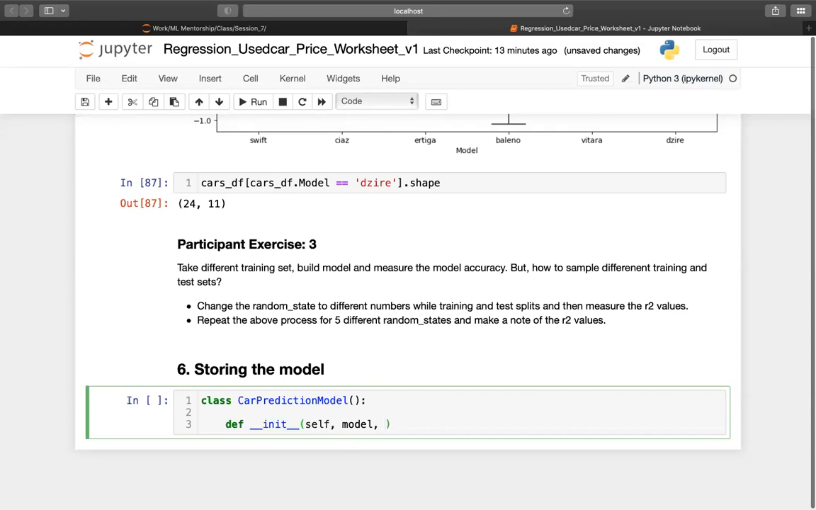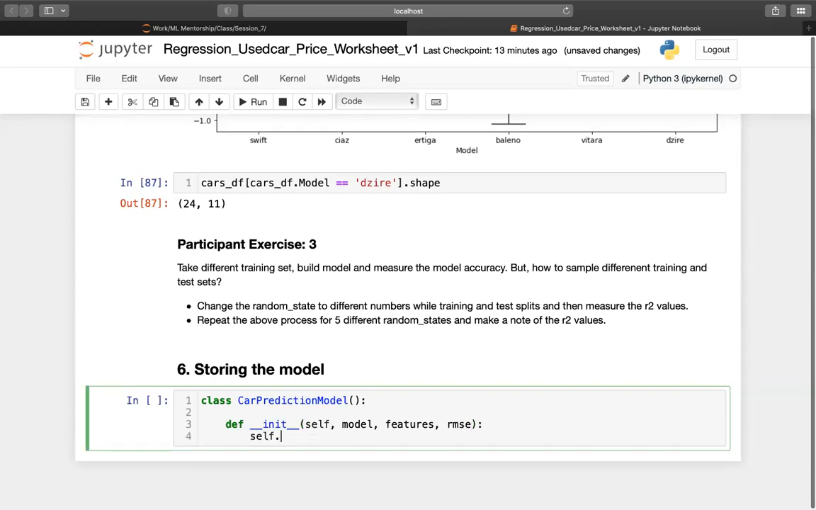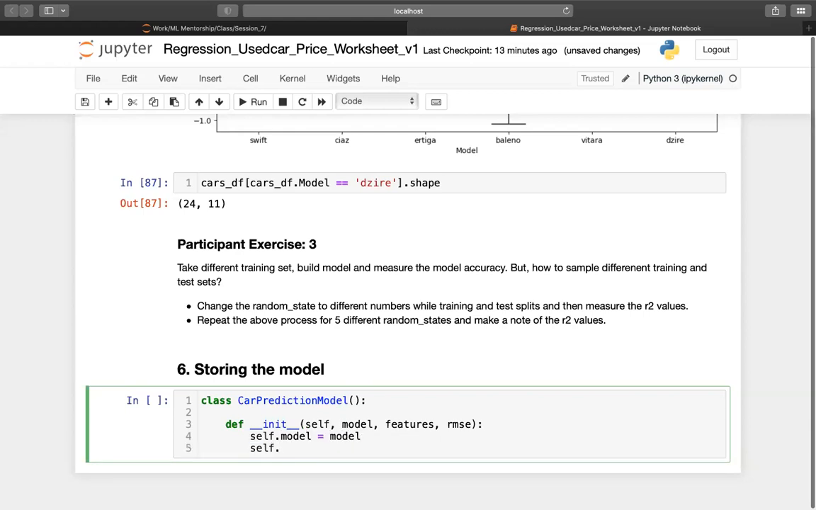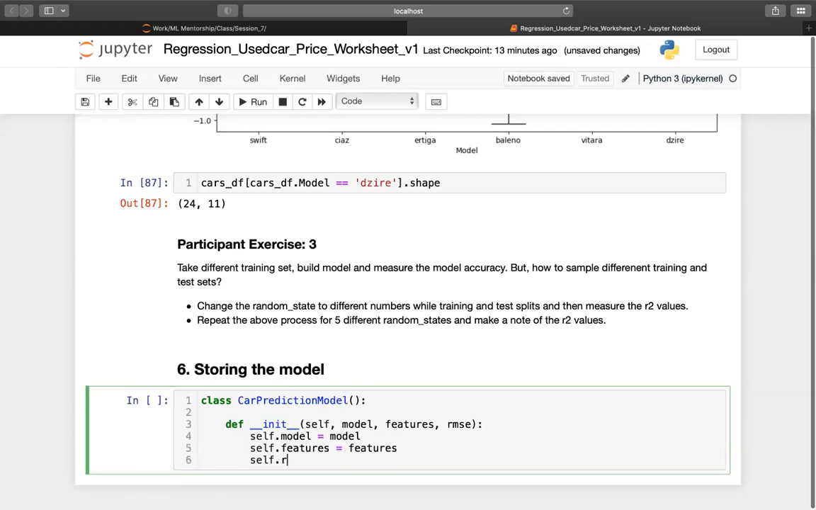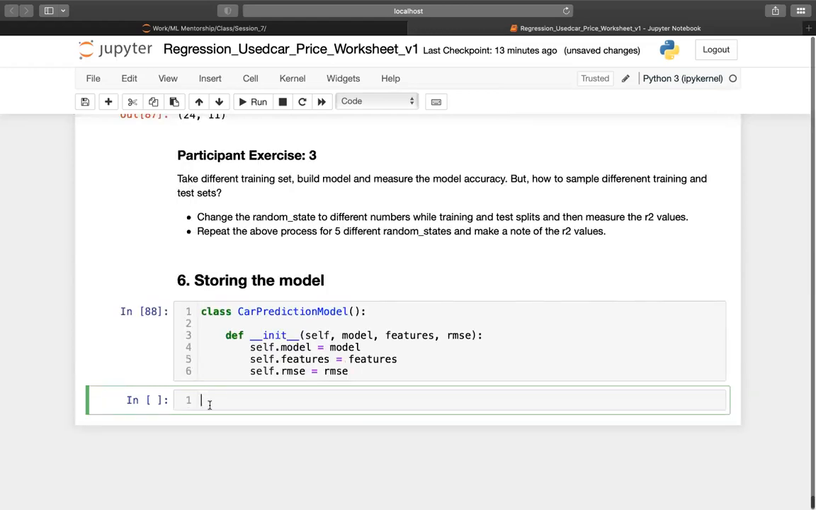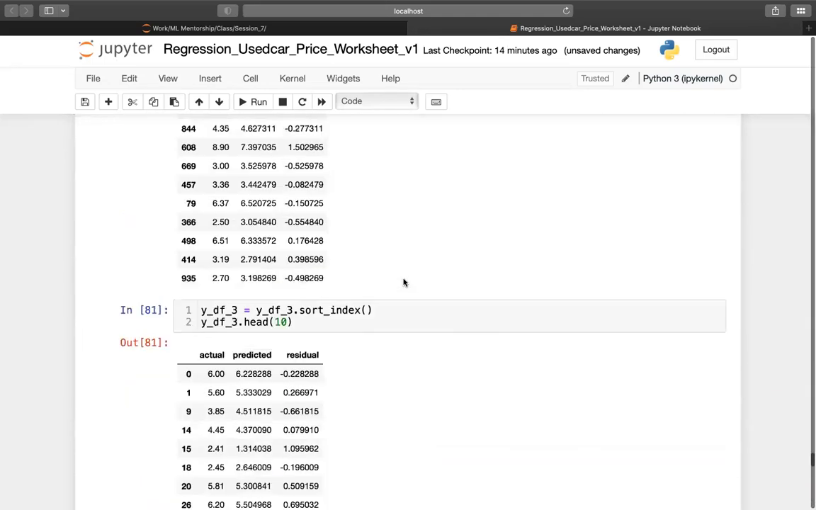like we discussed, the model, let's say the feature names and the RMSE value, and we'll store that into the class variables: self.model equal to model, self.features equal to features, and self.RMSE equal to RMSE. So this is the class, and we will create an instance of this class now. Let's call it my_model equal to CarPredictionModel, and you need to pass the model, features, and RMSE. And the last model that we developed